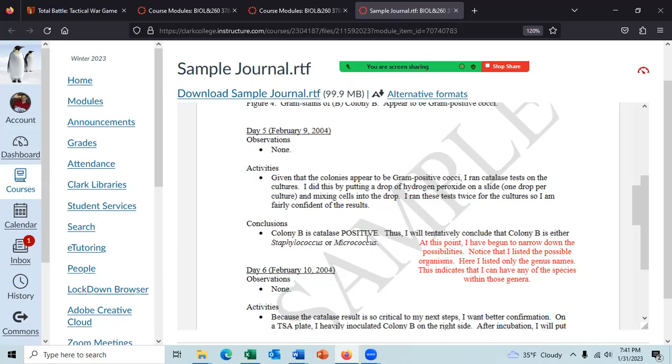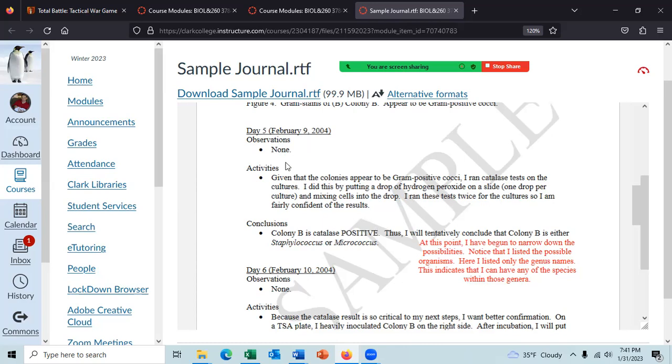Okay. And this is a good way to separate out your lab report, where on one day you give the date, and then you separate it into observations on the tests that you requested earlier and you got the results to. And he could have put here observations on the catalase test, and he doesn't have that.